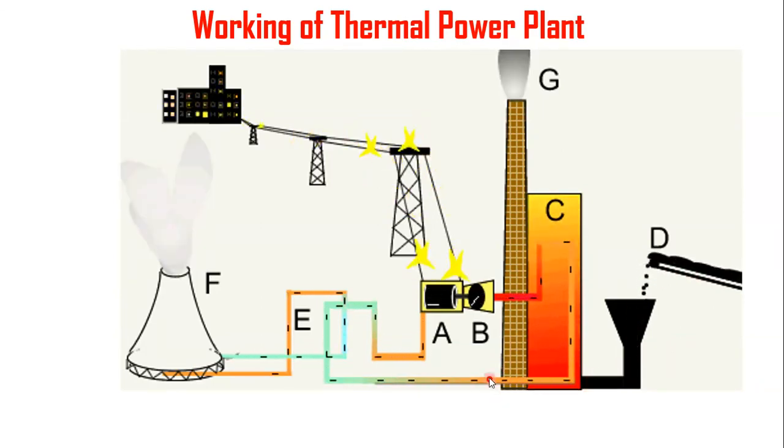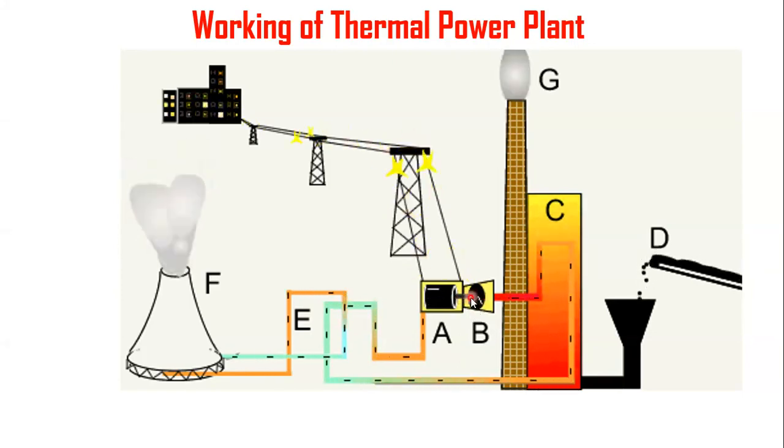The heat energy released is used to heat water into super hot steam, which is then used to turn the turbine blades. So like this, here it will show. This water is turned into a red color. Now it is converted into steam. That steam is sent into the steam turbine. It will rotate the steam turbine blades.